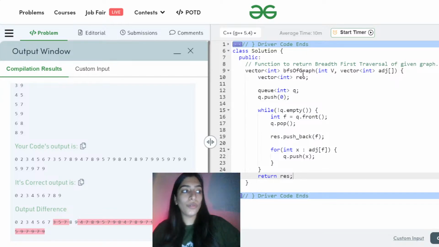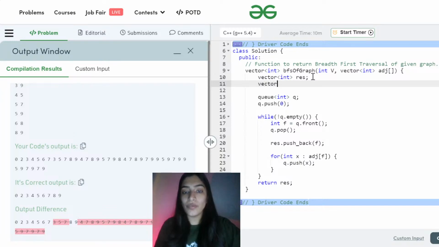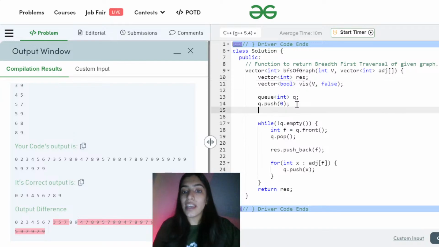So what are we going to do over here is, as you all have already guessed, we are going to have a vector visited. I'm going to keep it of Boolean because we just need two values, true and false. How big is this vector? It is of the size V because that is the number of nodes that we have. I'm just going to keep all the initial elements as false. Now, as I push the elements into the queue, what do I need to do? I need to mark them as visited. So here I have pushed the 0th element, so I'm going to mark visited of 0